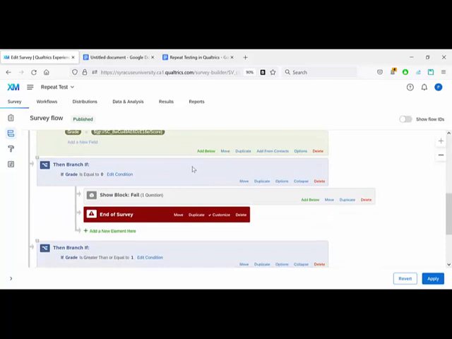Speaking of which, we come down to the branch. If the grade is equal to 0, namely they did not pass, we'll show the question that says, sorry, you didn't pass, you have to do it again. And then there's the end of survey,